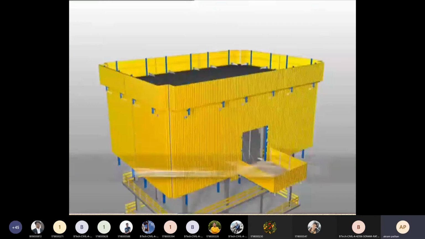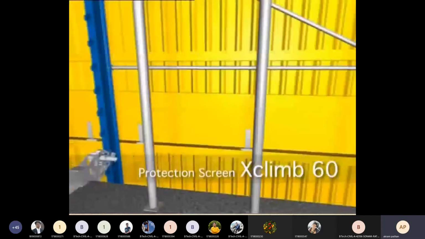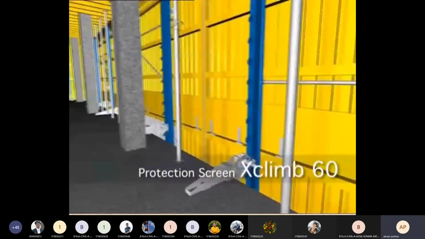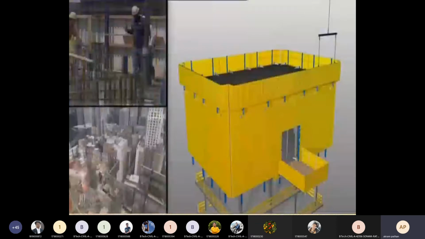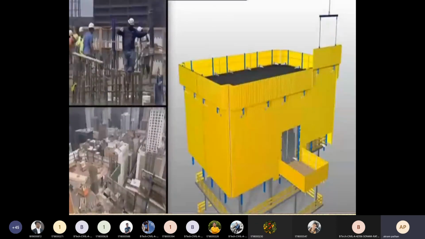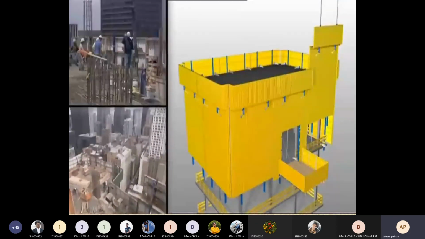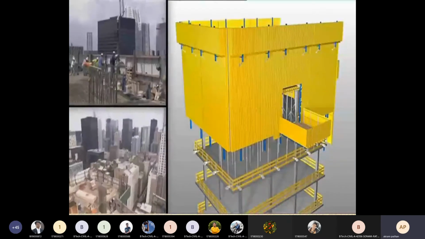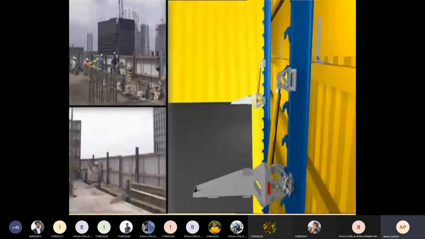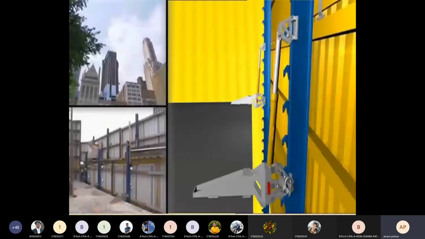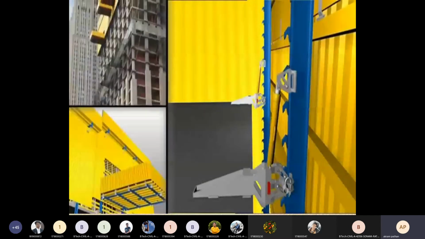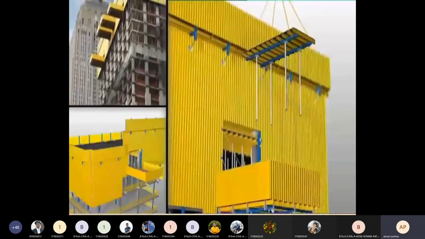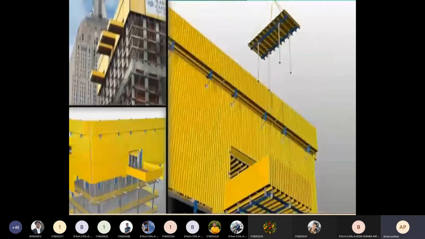The system is rounded off with some highly practical solutions, like the Doka protection screen X-Climb 60 for shielding the crew from the weather, and of course for giving them the very highest level of safety during the floor slab forming operations. It's available as either a crane-guided or a self-climbed system. The integrable loading platform makes quick and safe work of repositioning formwork elements and other equipment.